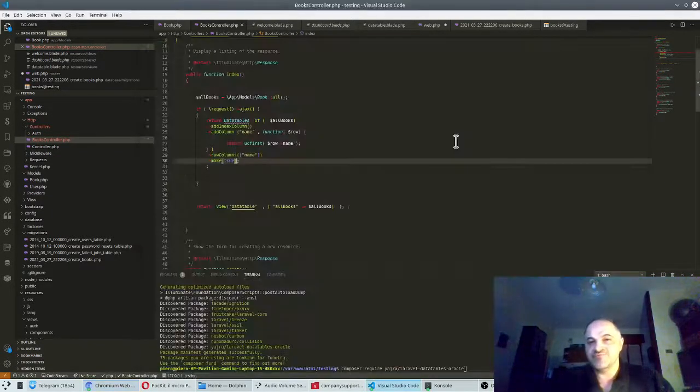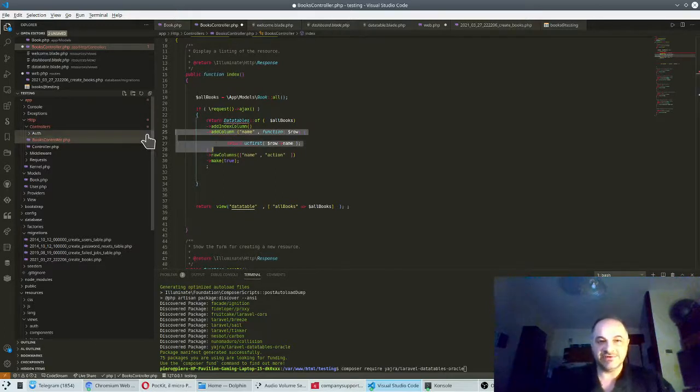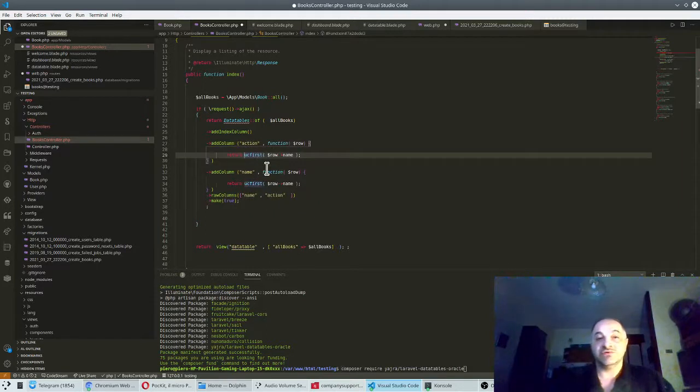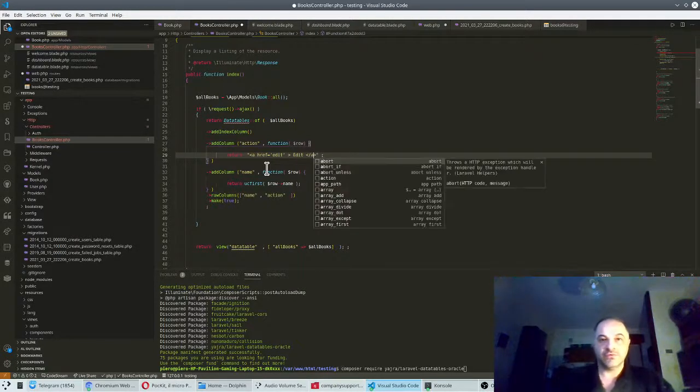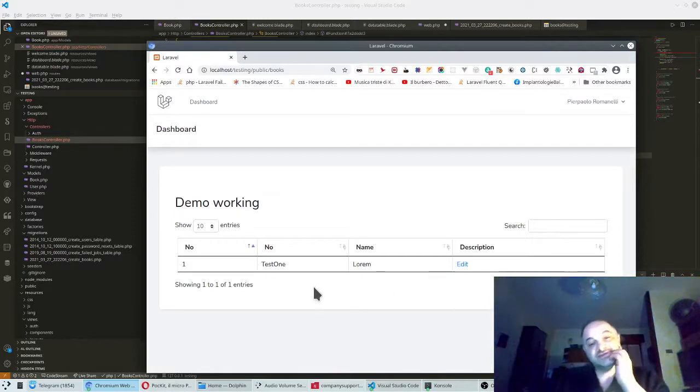Action is missing because we didn't add an action column. So let's try now the action. Let's override this. I'm duplicating, cloning this stuff, and I'm going to call this action. I'm going to return just some HTML, very simple. Okay, that's how it's working. It's working. Well, in just some minutes we created everything we need